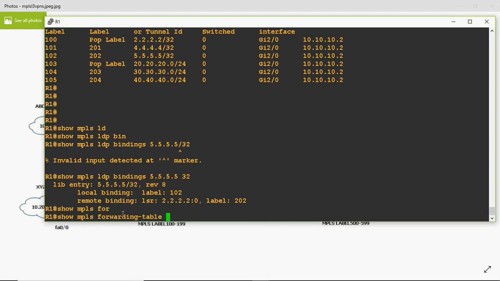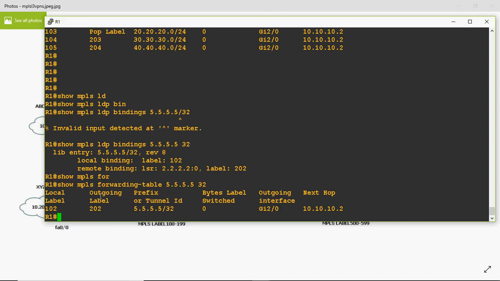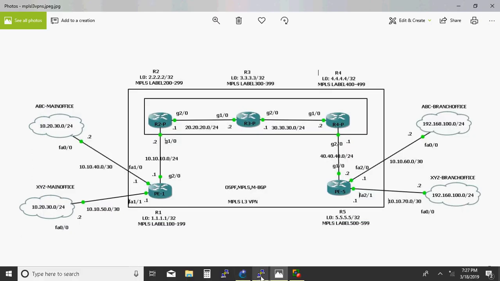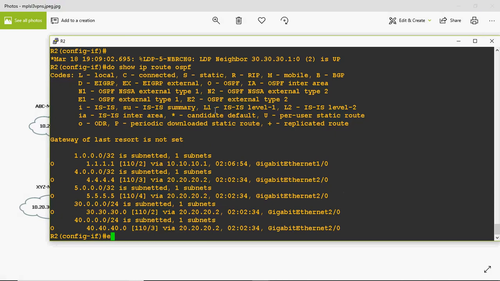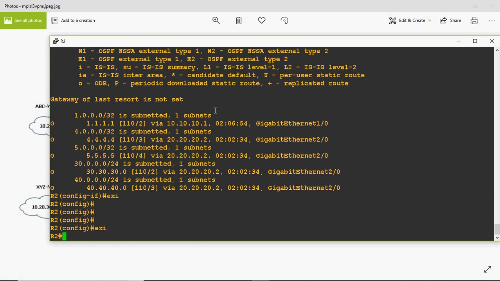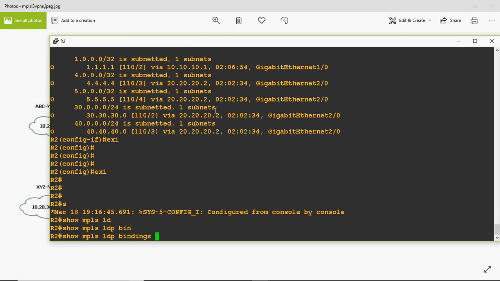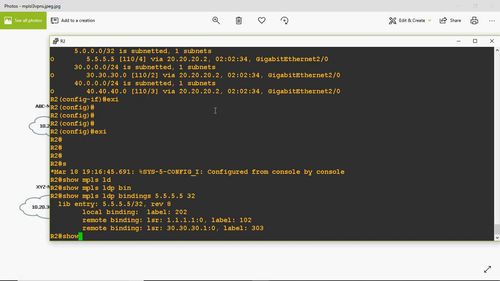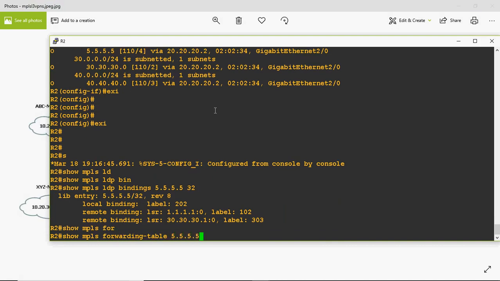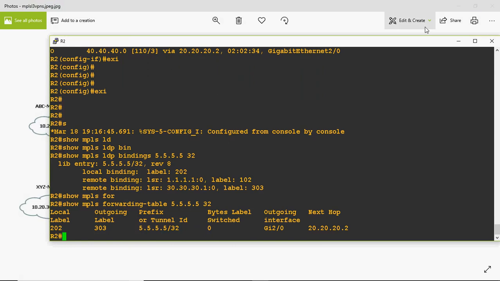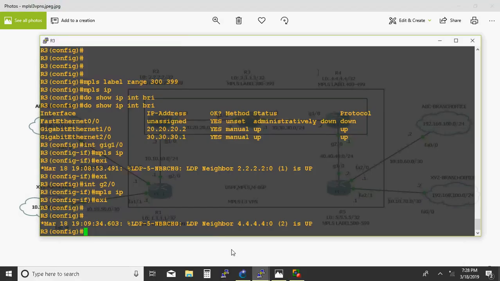Forwarding table, and given 5.5.5.5 space 32. Okay, so we have to use these two commands on all the routers to show how the packet will be forwarded based upon the label. So: show MPLS LDP binding 5.5.5.5 space 32 and show MPLS forwarding table 5.5.5.5 space 32. Same like the R3 router,